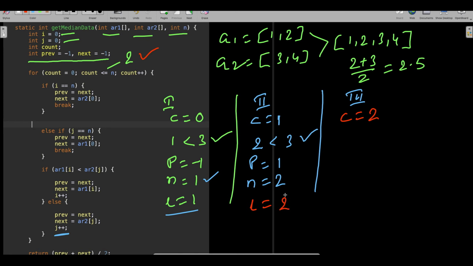It is already 2. Now there is a problem. If you have not written this if and else if, will your program execute? It will not, because when you process the first time, I became 1. When you process the second time, I became 2.